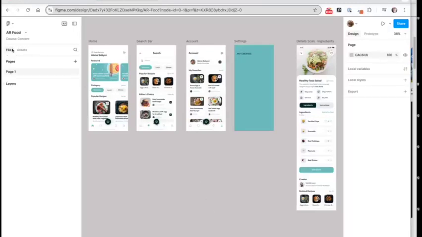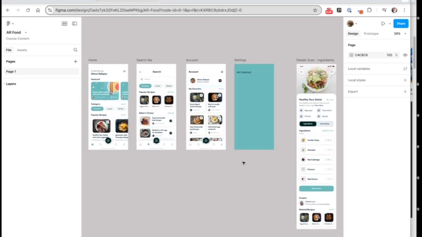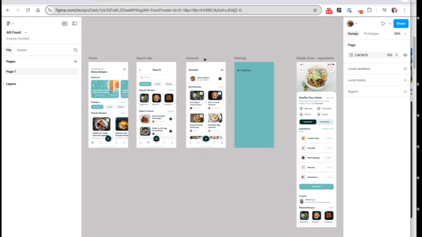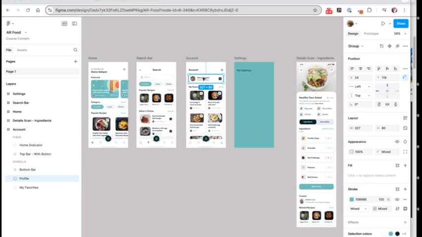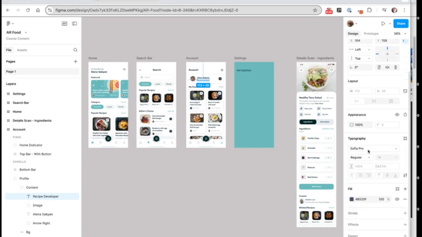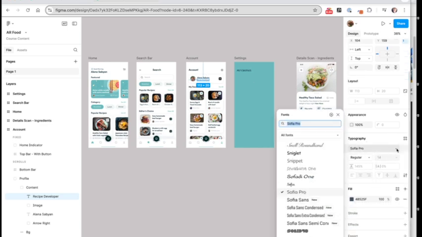Hey everyone, this is a video about fonts, how to add them, and how fonts work in Figma in general. There are a couple of different things depending on whether you're using the browser version or the desktop version. So if I click on some text and go over to typography, if I open up this menu,